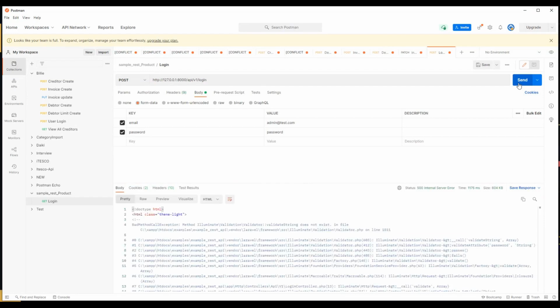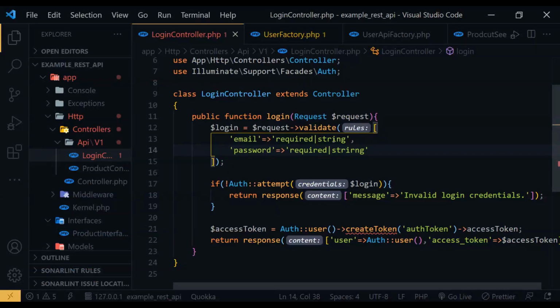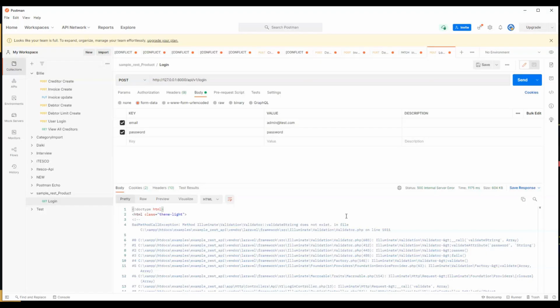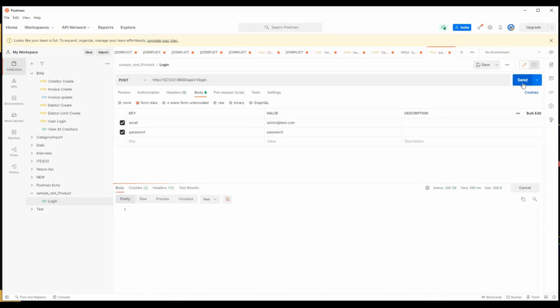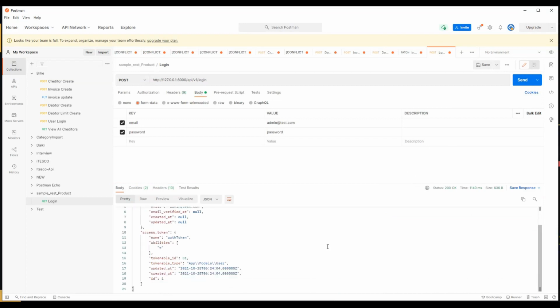Validation string does not exist. So type again. String, string. Required. Okay, let's try again. Okay, now it's success, but